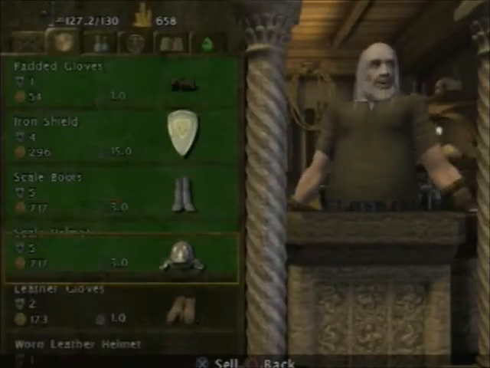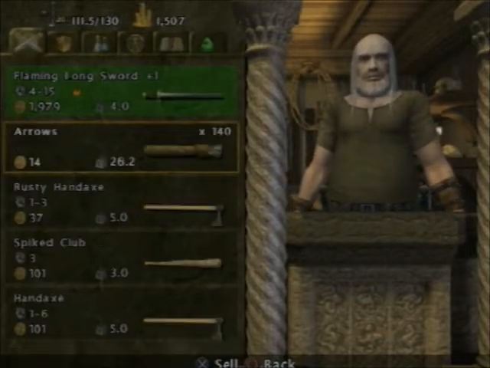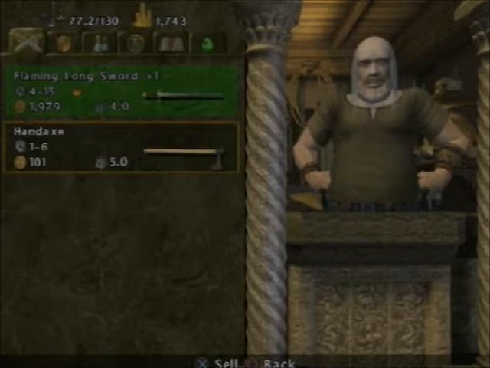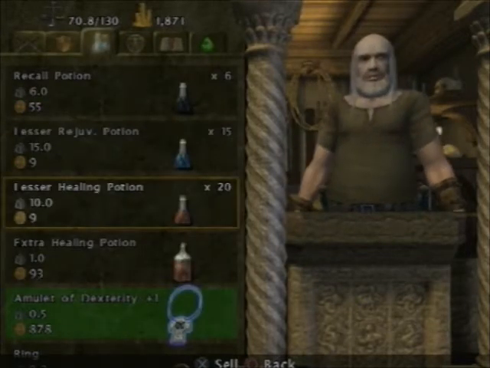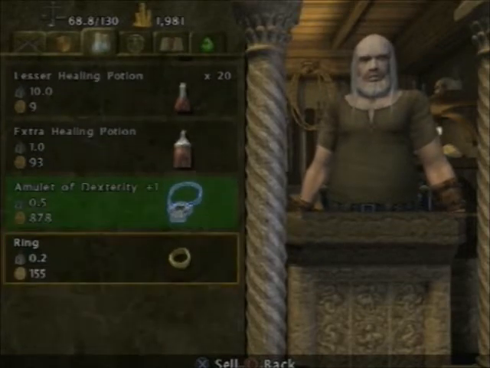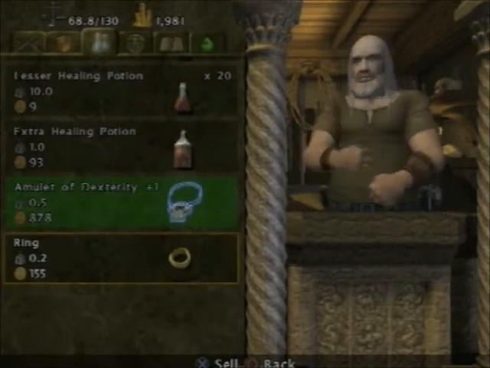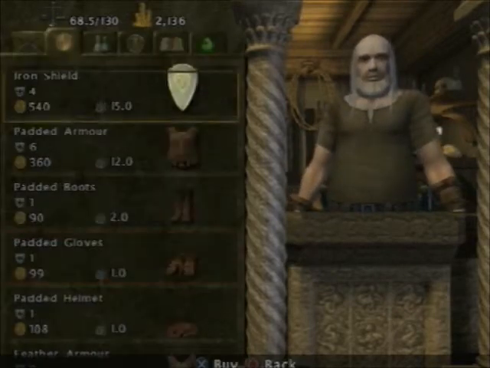I wish there was an option to mute him, honestly, but there isn't. Nah, we don't need any of this. We've got the best weapon where we're going to get. I don't think we need that many. Let's sell some recall potions. Swords, axes, bows. That's just...